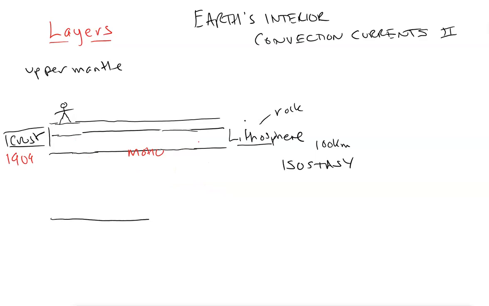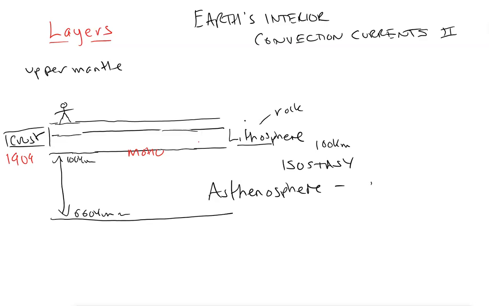Next layer is a lot thicker. All right, so it extends from roughly 100 kilometers, as I stated before, down to about 660 kilometers, or thereabouts. And we call this the asthenosphere. Now, in ancient Greek, asthenos means not strong. So sthenos means strength, and we get an A in front of it. It means to not have strength. So we call it the weak sphere of the rock. We're still in the upper mantle,